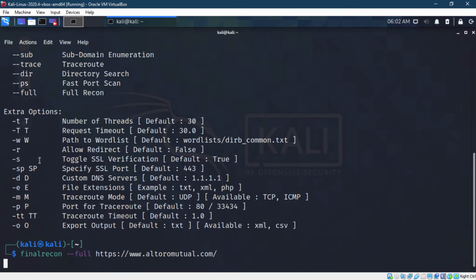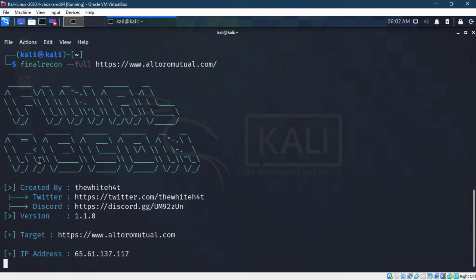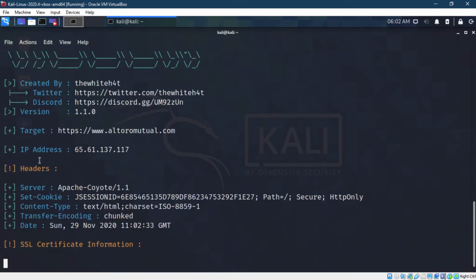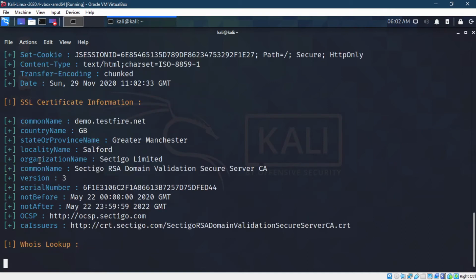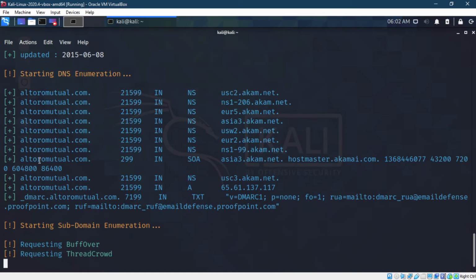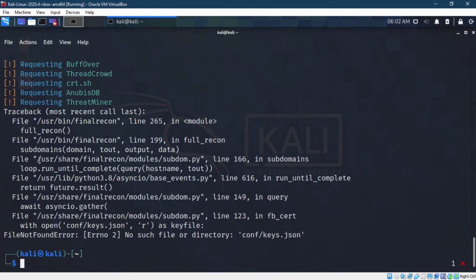This error will come when you're scanning for subdomains and all of that using Threat Miner. So up to that point it might work fine, but at that particular point it will give you the error. Let's see, it will go up to Threat Miner, then there it will give you the error. Whois lookup, DNS enumeration, this is where you get the error. Threat Miner, you come to Threat Miner, that is where it gives the error.